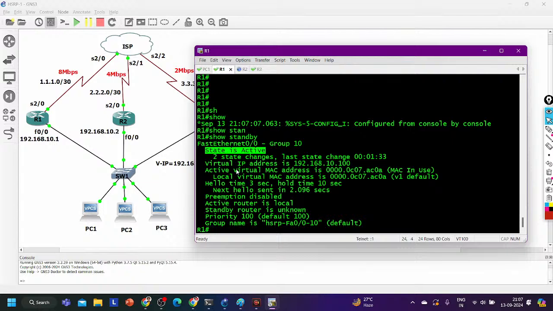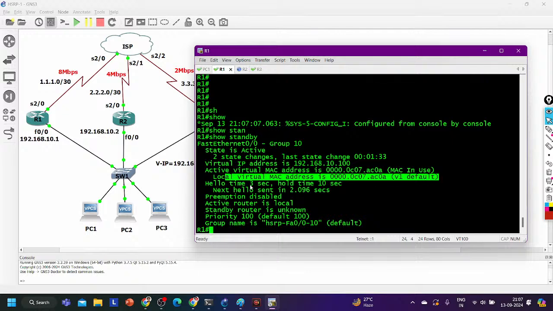Two state changes, last state change at this time, and the virtual IP address is 192.168.10.100 and the virtual MAC address is, see, the virtual MAC address is exactly the same, right? And this is the virtual MAC address of the active router and this is the virtual MAC address of the local router, right? Local virtual MAC